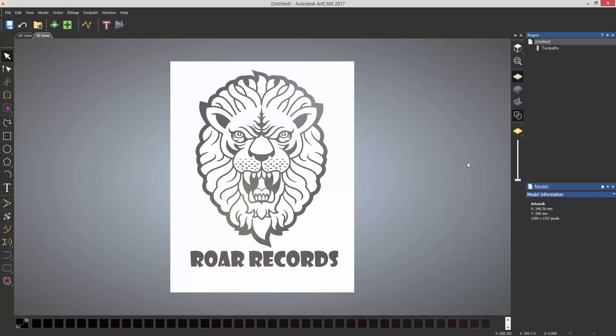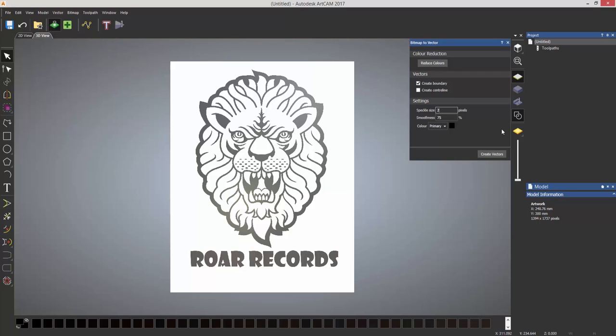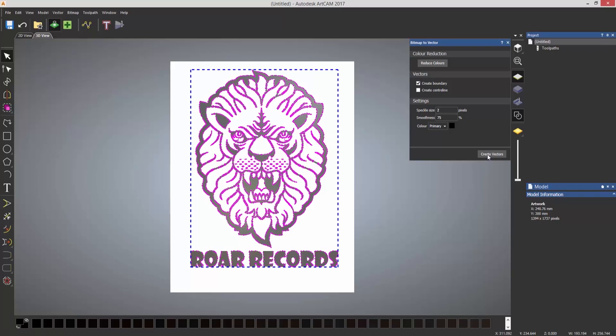This image that I've opened is just a black and white image, but if you take a look down the bottom, you can see in the colour palette there are lots of different shades of blacks, of greys, of whites. Now the way that ArtCAM works to trace around an image is that it traces around one colour. And the way that it does this is by using something called the bitmap to vector tool, which is located at the top here. So if I select that and I go to create vectors now, you can see that